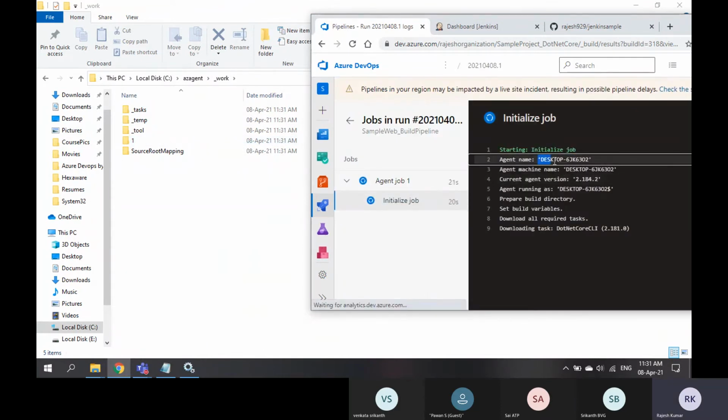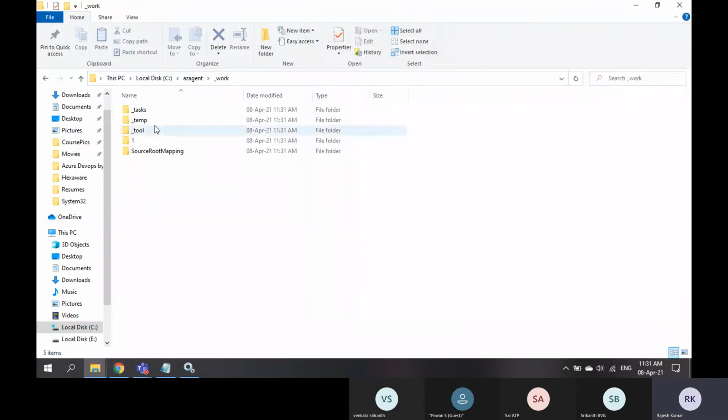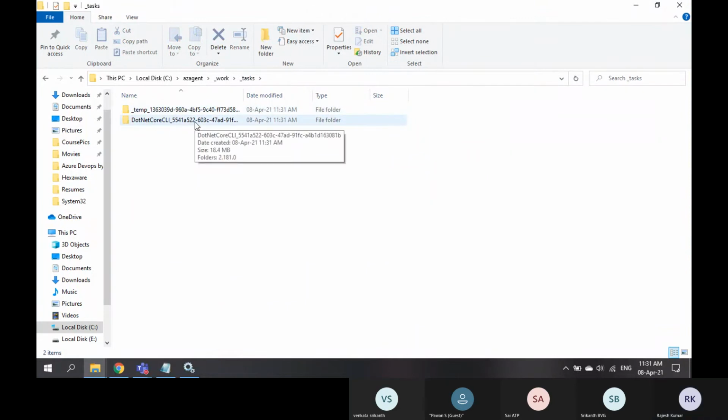see here it is saying agent name. It is downloading, man. It is downloading, right? Yeah. Download all required tasks. First one is .NET Core CLI. If you go to the task section, you will see that. See, .NET Core CLI.